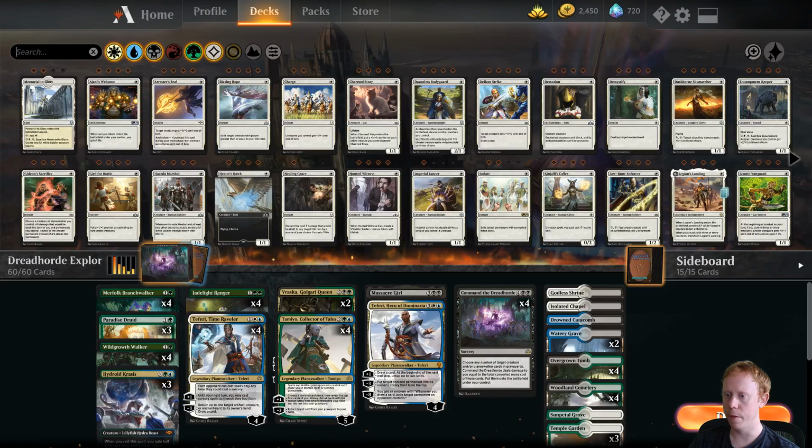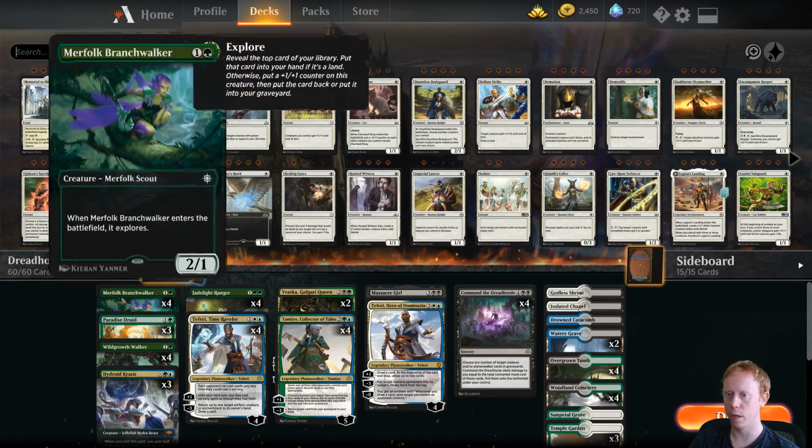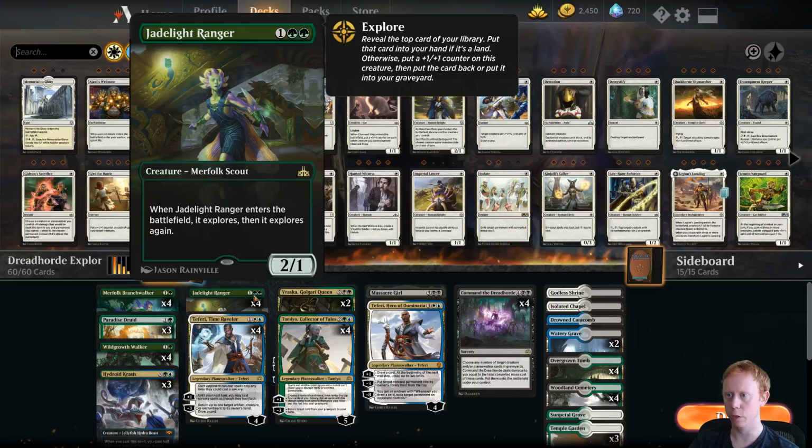I've got one of the top Mythic decks right now that we're going to be playing in Best of 1 on Arena. It's Dreadhorde Explorer. This deck is incredibly strong. It's one of the most powerful mid-range decks you can run. It's based on the power of Wildgrowth Walker, and we use that with the classic Merfolk Branchwalker, Jadelight Ranger Explorer